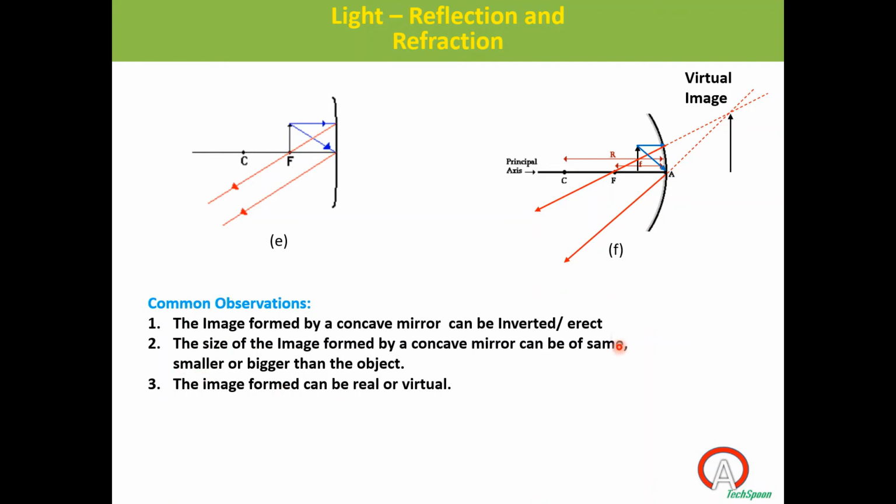So this observation is very important, because from this observation you will get MCQ type questions. After studying this, we will move to the convex mirror. If you are not studying and memorizing all these things properly, you will get confused. Let's see, completed? Anyone still has to complete these three points of notes? Okay, I'm moving to the next slide.